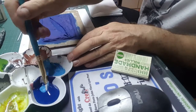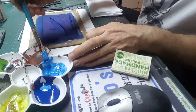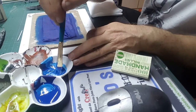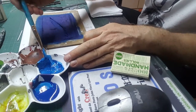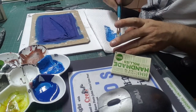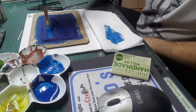That's a little bit too light, so I want a bit more blue. Just mix it together till you get a lighter blue. Something like that. And then what you want to do, this isn't dry brushing yet, just take a lot of the paint off, okay? And then very gently, don't put any pressure on, just start